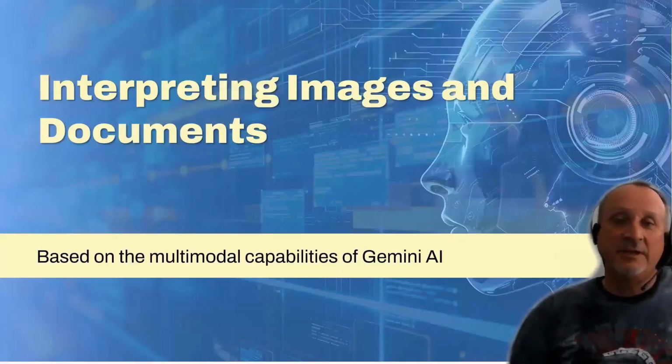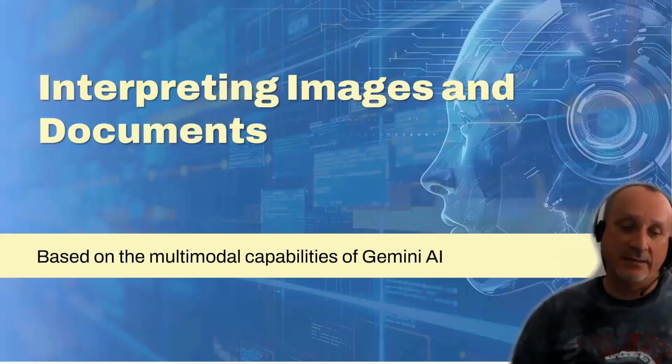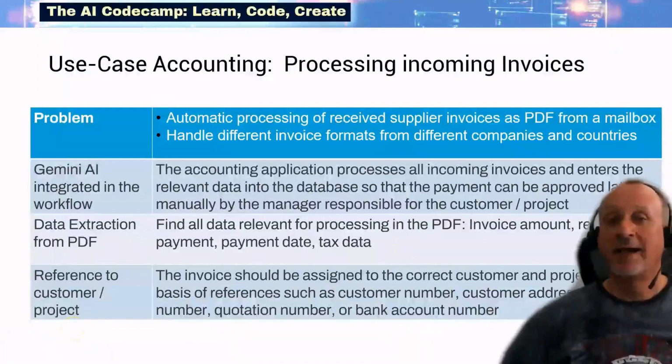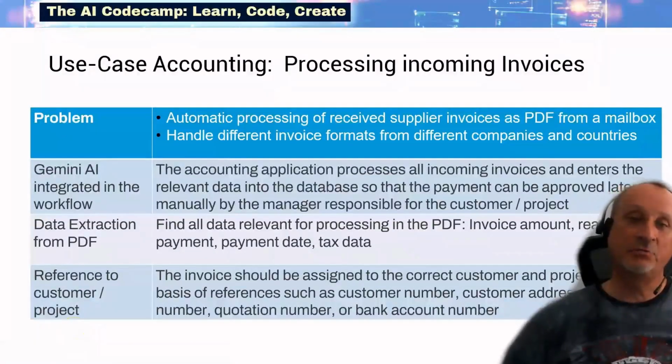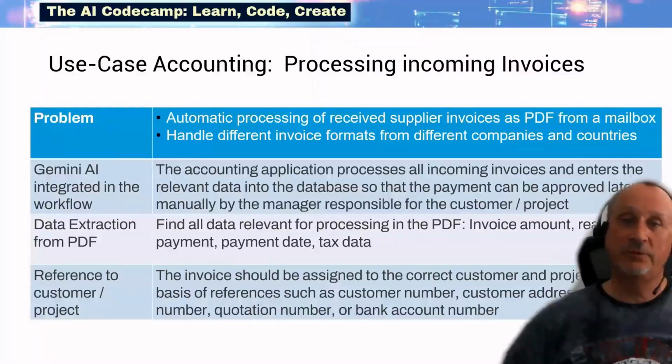Let's dive into the next topic, interpreting images and documents. This feature is based on the multimodal capabilities of Gemini AI. My next use case example shows the processing of supplier invoices. I have shown this example before, but I still think it's a very good example of what can be built